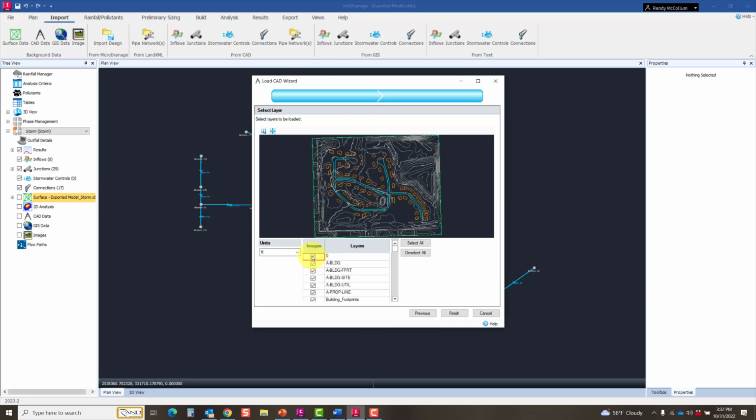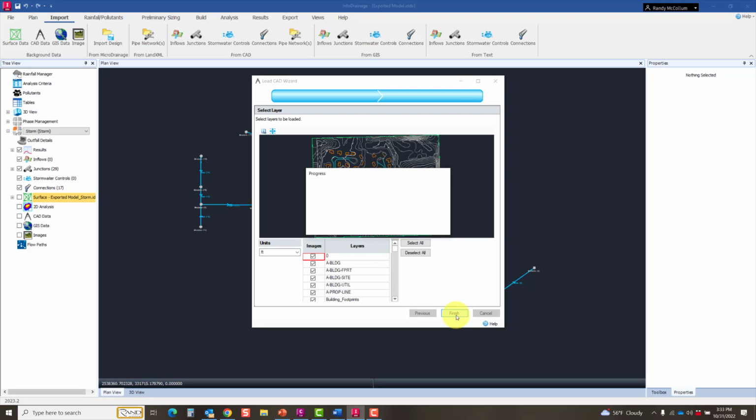You can tell it which layers you want to include or not include. You could use a different unit of measure. All of these files need to be on the same projection. So if you're working in Wisconsin State Plane South feet, you could include a file that is Wisconsin State Plane South meters, but that's about your only other way of projecting because you still need a common datum. We click Finish,